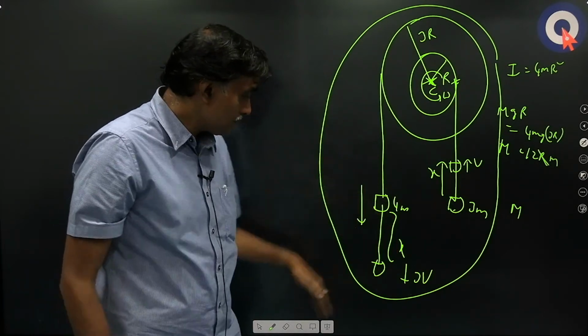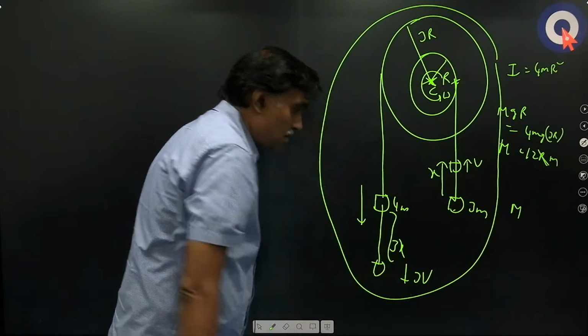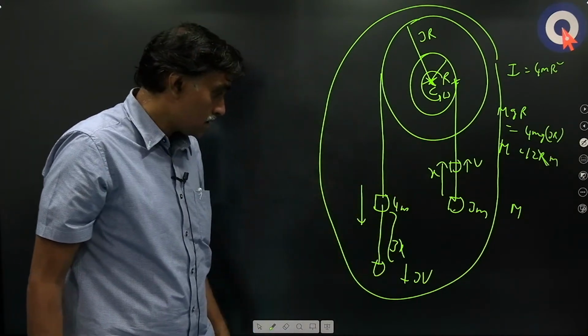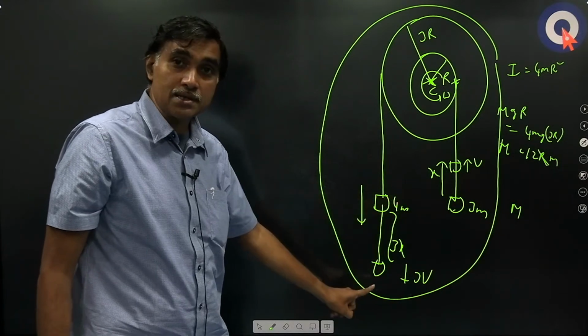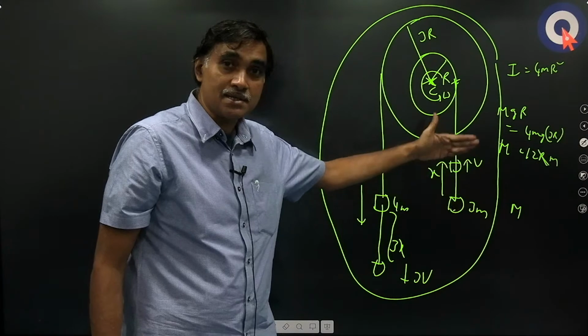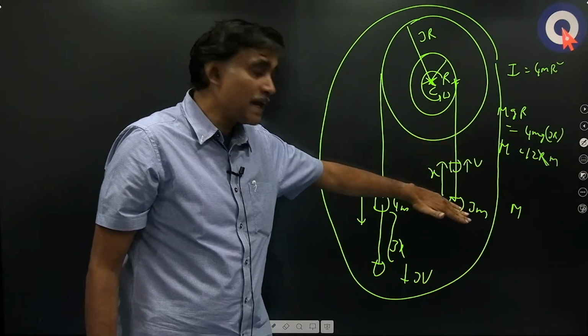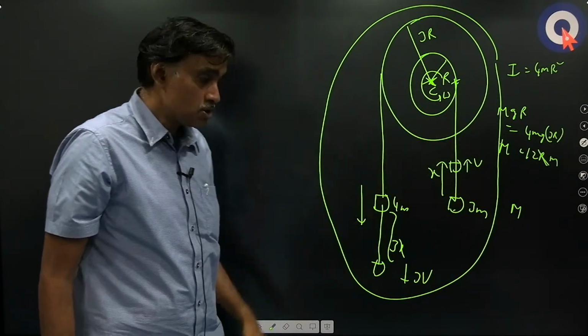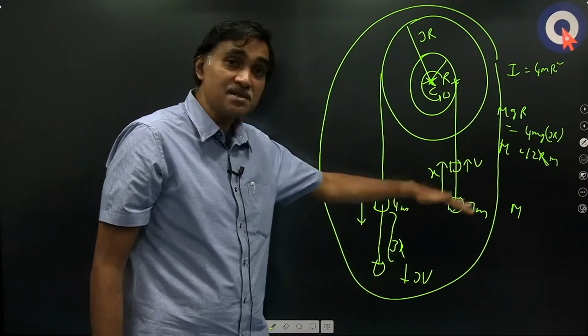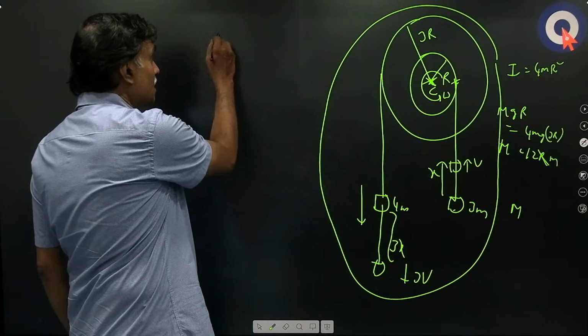For this, 3x. Okay. It goes up by x, it comes down by 3x. Then 4mg into 3x, that is 12mgx. At the same time the other has gone up by x. So how much has it gained? 3mgx. So what is net loss in gravitational potential energy of the system? It is 12mgx minus 3mgx, that is 9mgx,